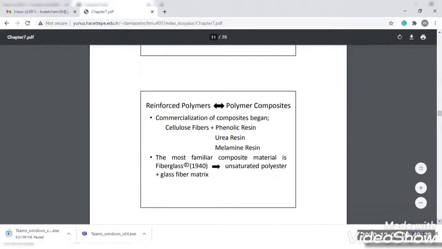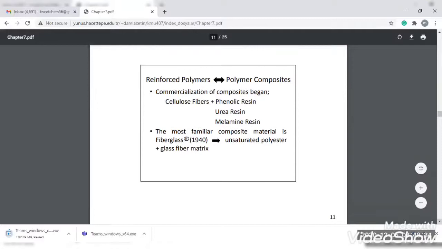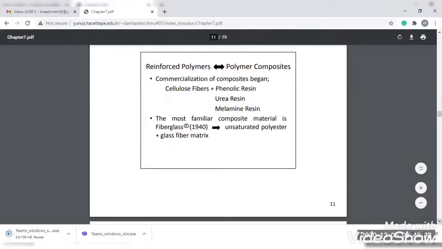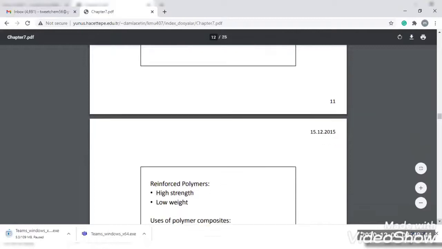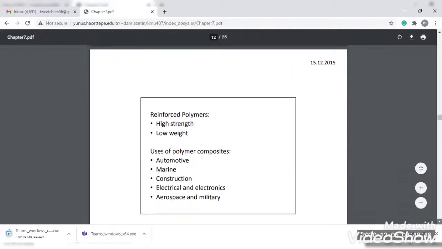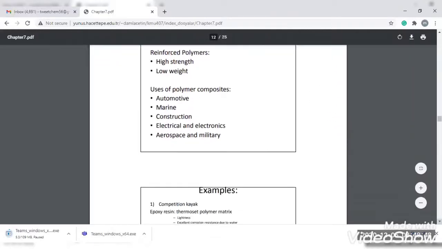What are reinforced polymers? Polymer composites: commercialization of composites began with cellulose fibers plus phenolic resins, urea resins, and melamine resins, and the most familiar composite material is fiberglass, a polyester plus glass matrix. And what are reinforced polymers? High strength and low weight. Uses of polymer composites are automotive, marine, construction, electric and electronics, aerospace and